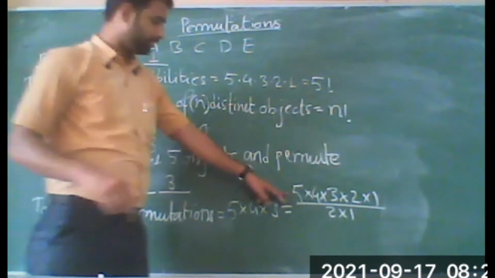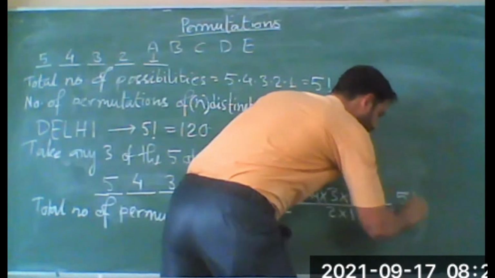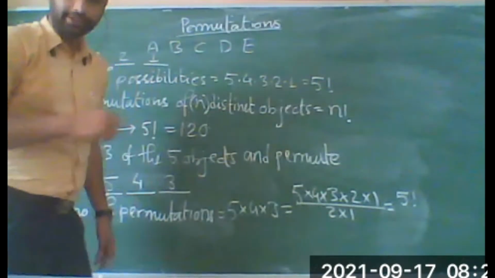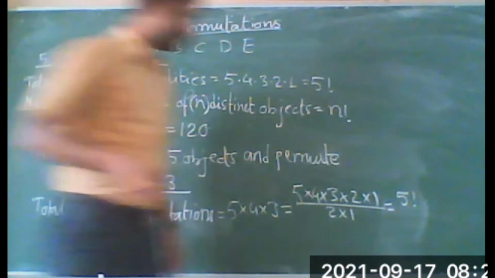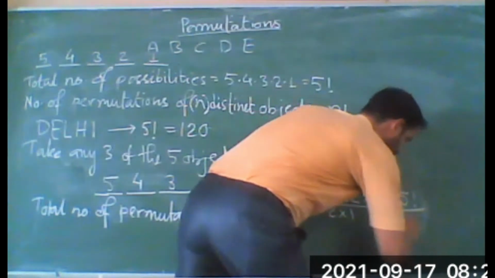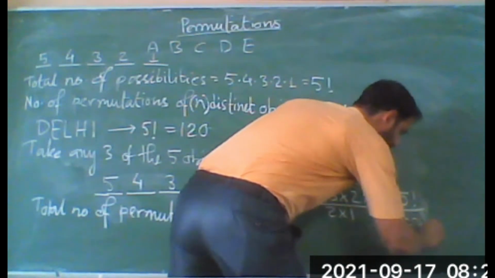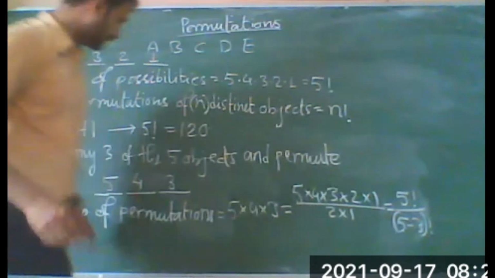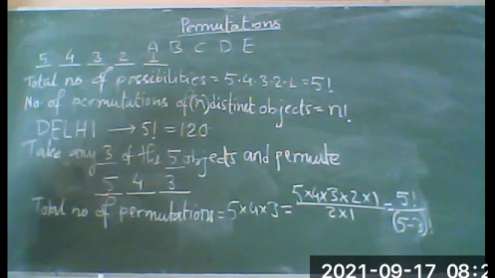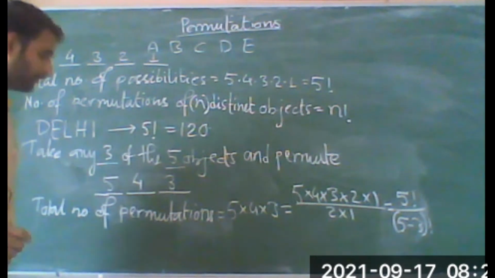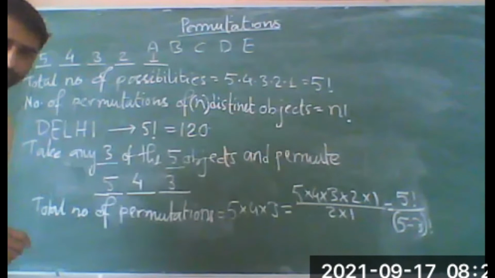And you see, in the numerator it is 5 factorial simply. And what is the denominator? 1 into 2, means 2 factorial. And that 2 we can write as 5 minus 3. Why are we doing this? Because our given information is 3 objects out of the 5 objects. So in the problem we have only these 2 numbers. So we will always try to express the formula in these 2 numbers only.